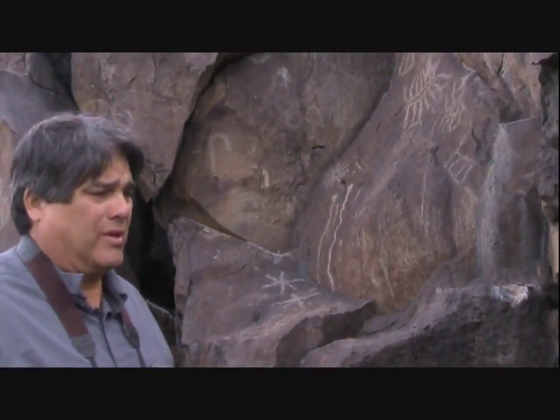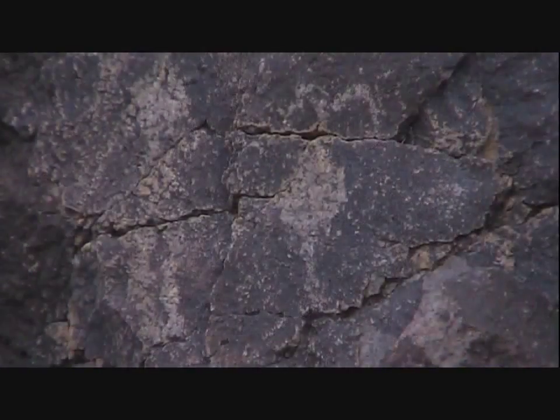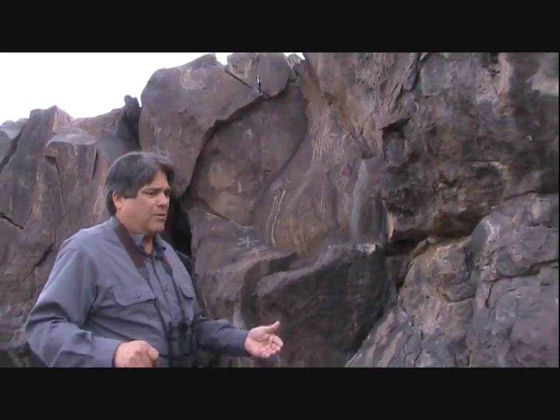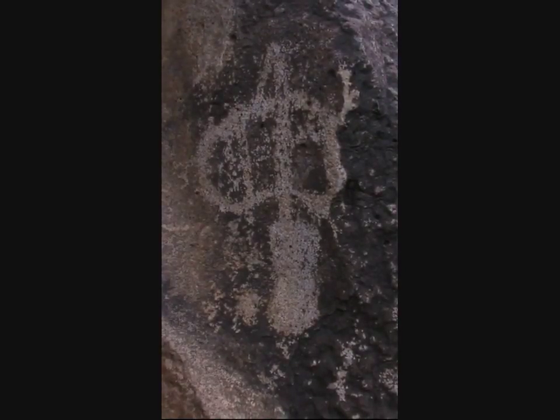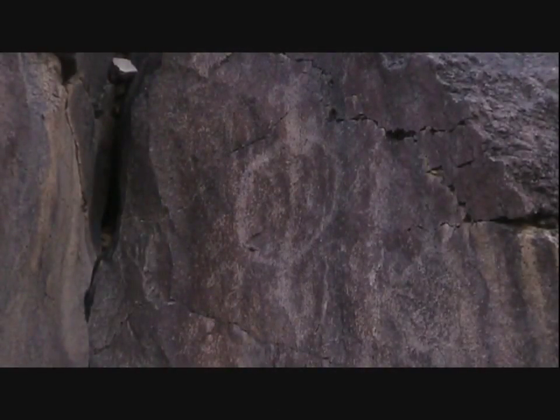These are very old glyphs, and this whole set of glyphs here would have been made by people that based their culture on hunting sheep, much like the Native Americans of the Great Plains based their culture on hunting buffalo. And we can see a little bit of that culture here with this glyph that's an atlatl. It's a spear-throwing stick that gives extra speed to a spear, and we know that it's that from other glyphs. This one's kind of a little complex,